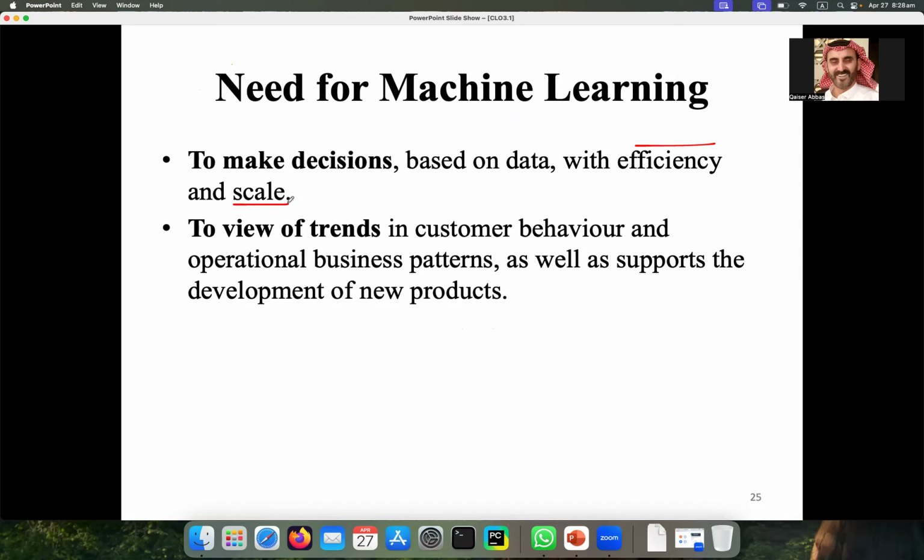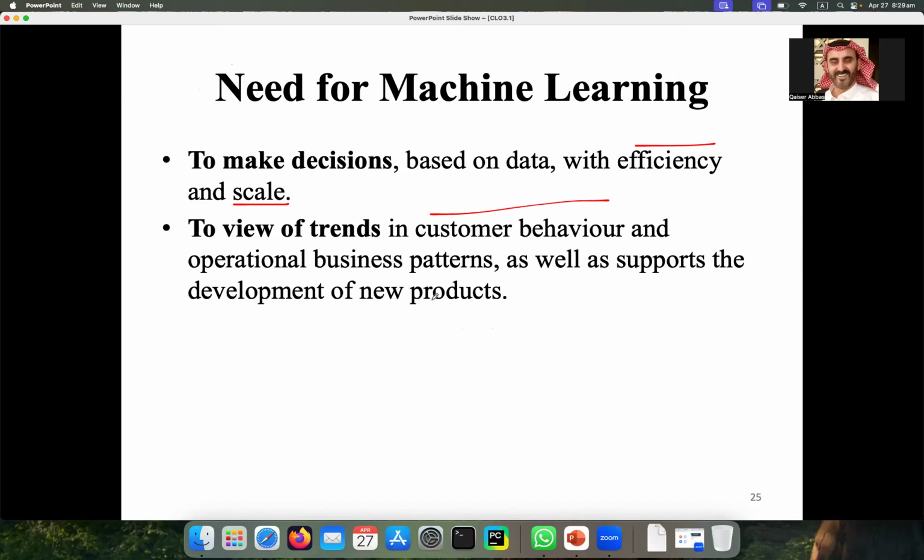Similarly, if we are in the business industry, then sometimes we want to see the trends in customer behavior, how the customers are, for example, buying different things. If you want to see these different habits of customer behaviors or customer attitude, then you can also use machine learning.